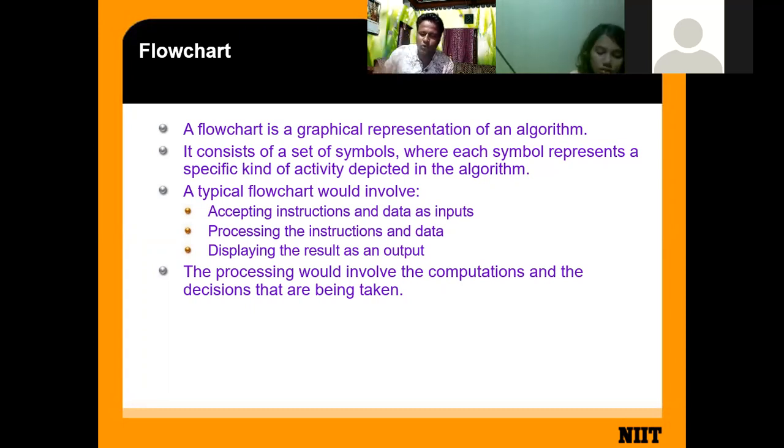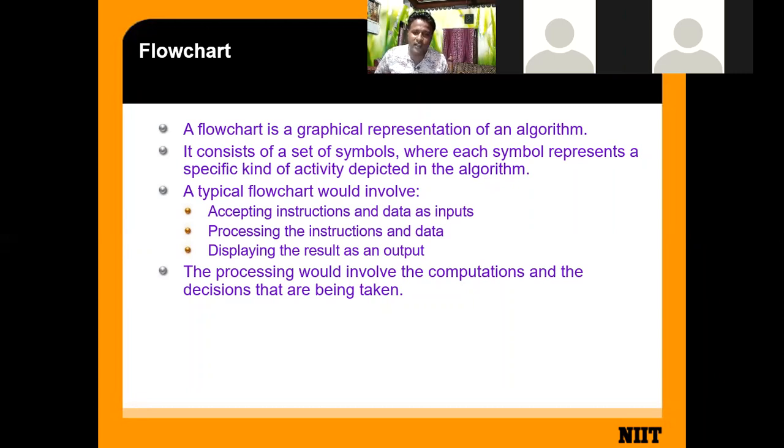The mandir looks like this, so that means it gives you a real imagination picture of how Ram Mandir looks when it is built. In a similar way, graphic designing or any kind of picture makes you analyze the thing properly. A flowchart also accepts instructions and data as input.